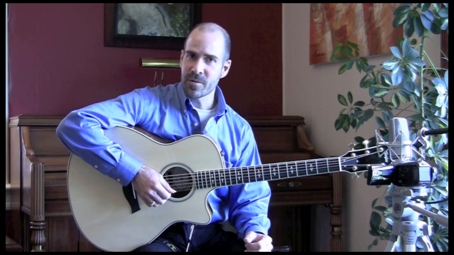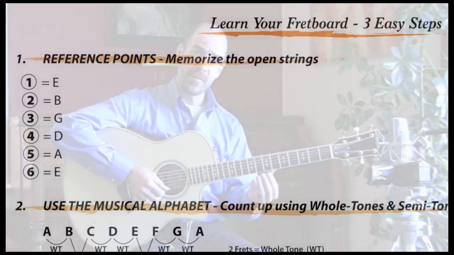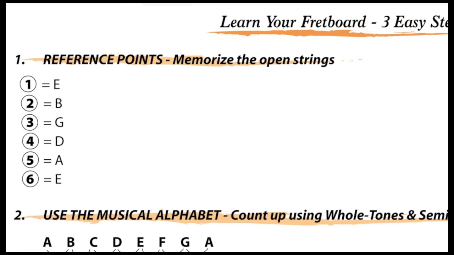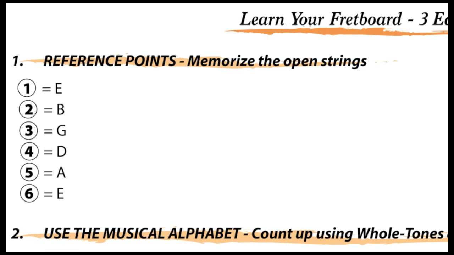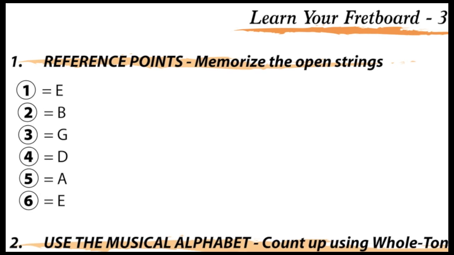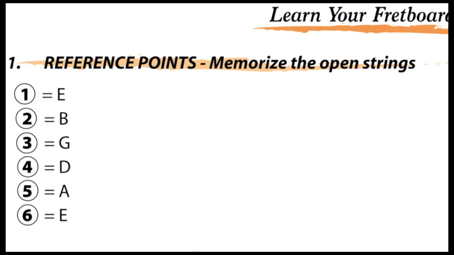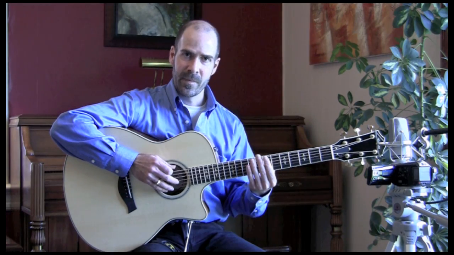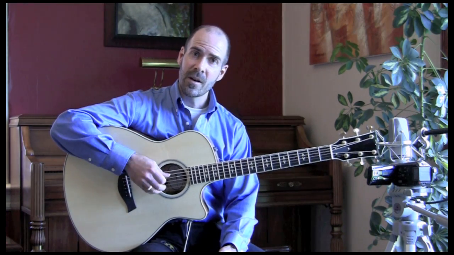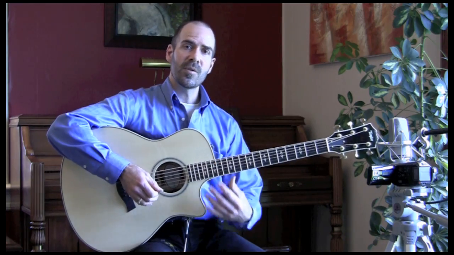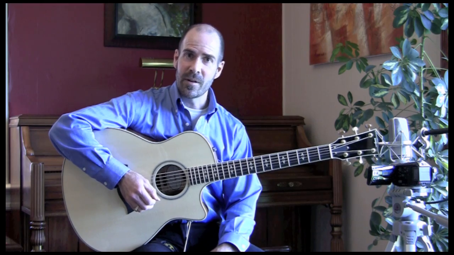So step 1, we want to establish reference points, and we'll do this with the open strings. We have first string, E, string 2, B, string 3, G, string 4, D, string 5, A, and string 6, E. One thing that can help you remember is that our 2 outer strings are both E's. So you want to commit this to memory, and that will provide our basis for step 1, the names of